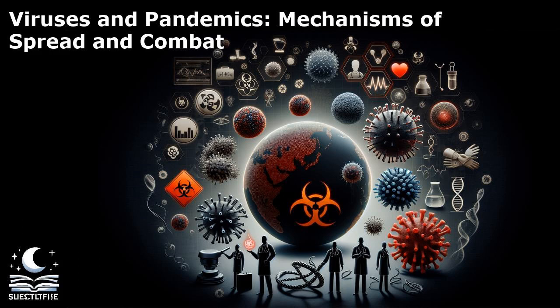a robust immune response. Inactivated vaccines consist of killed virus particles that cannot replicate but can still trigger an immune response. Subunit vaccines contain specific proteins or antigens from the virus, focusing the immune response on key targets. mRNA vaccines, like the ones developed for COVID-19, deliver genetic material that instructs cells to produce viral proteins, eliciting an immune response. The development of mRNA vaccines represents a groundbreaking advancement in vaccine technology, offering rapid production and potential customization